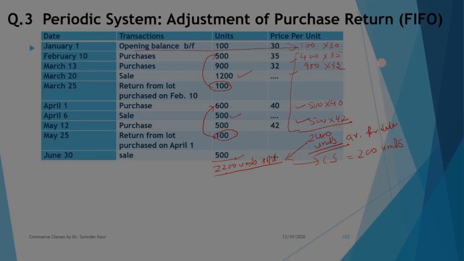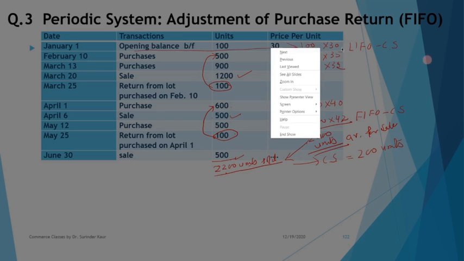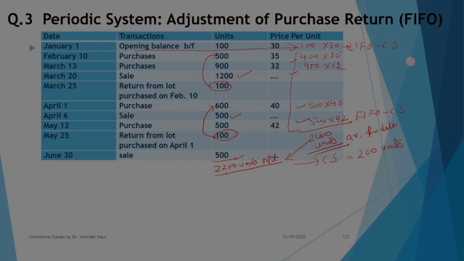First, it says first in first out. So under the FIFO system, your closing stock will be from the latest lot. Under the LIFO system, your closing stock will be from the initial lot, right? So this will be 100 from this lot, because in all 200 units are there, so 100 will be covered from this lot, and the remaining lots will be assumed to be sold. So under this system we'll assume 300 units, 900 units of this lot, and these two lots have been fully sold.